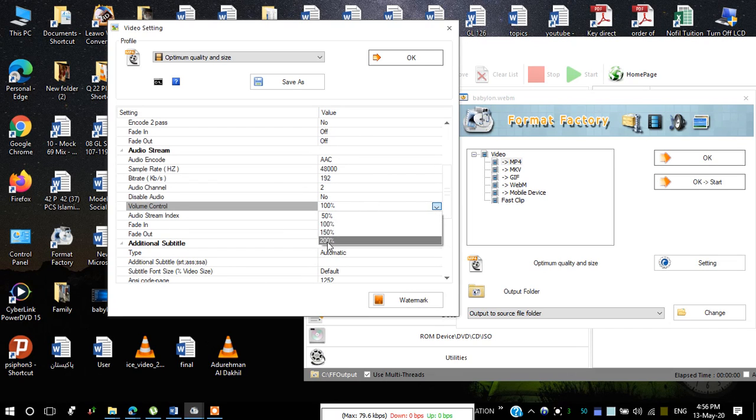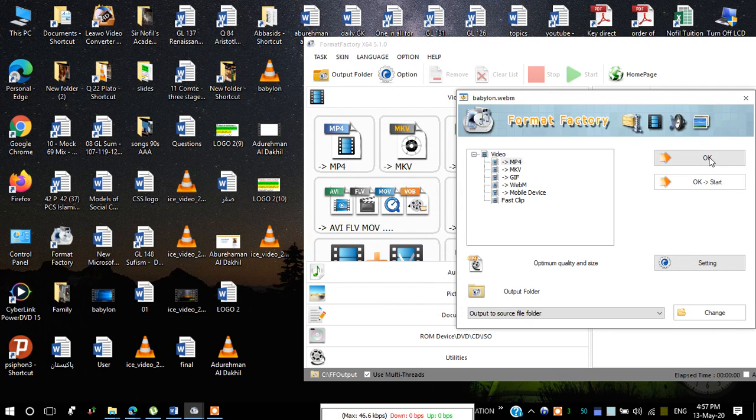Here you can enhance your video volume by 200%, but no, go to this column and through the backspace of the keyboard, click it, and it will come to the 0 and type 300. Okay, now you can see, I repeat, I changed the sample rate to 48,000, then bit rate to 192 bit rate, and enhance the volume up to 300%. Okay, now just tick OK, and here tick OK.